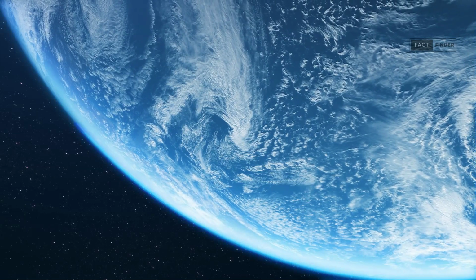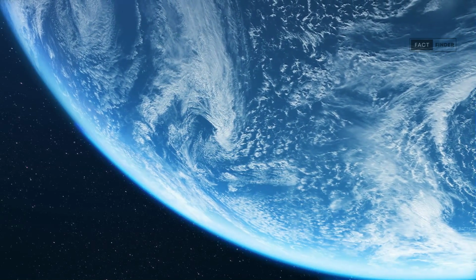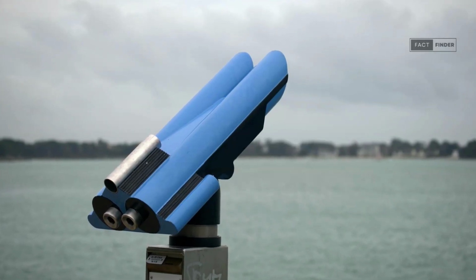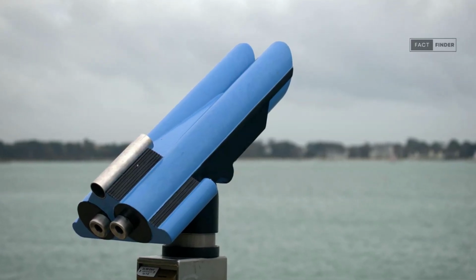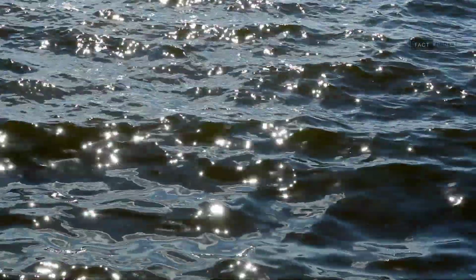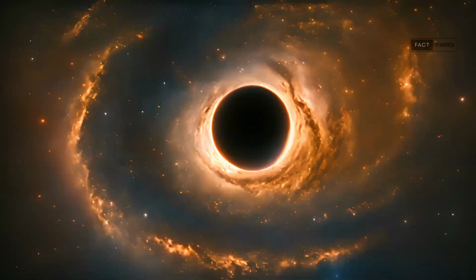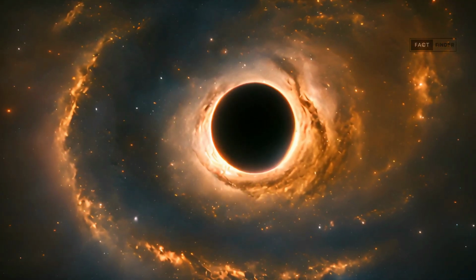Oceans cover around 70% of Earth's surface, but we've only explored about 5 to 20% of them. Now, astronomers have found a huge stash of water floating in space, a quasar that's 12 billion light-years away. And we're not talking about a small puddle here, it's an incredible amount of water, 140 trillion times the water in Earth's oceans combined. This water is hanging around a supermassive black hole that's a staggering 20 billion times bigger